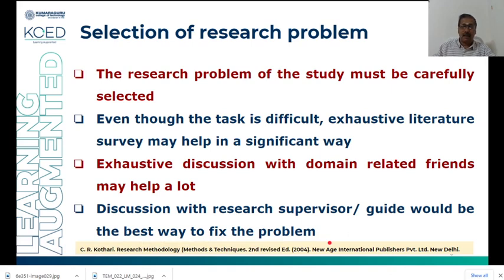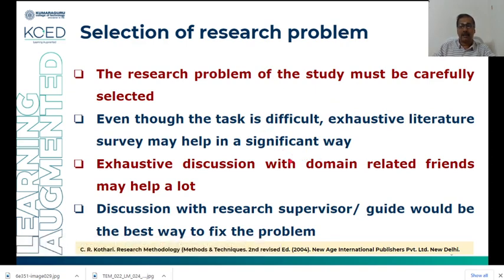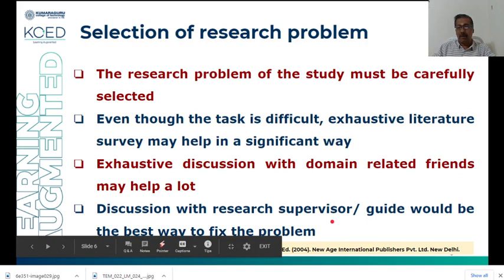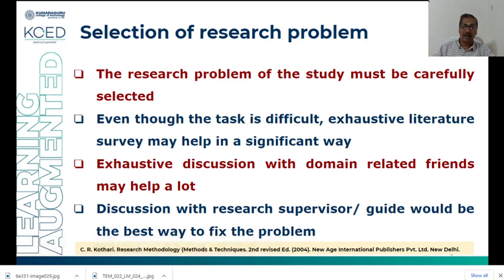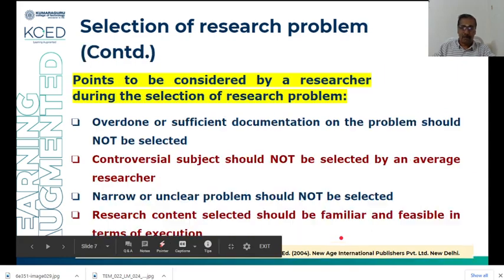You should not go to your research supervisor in a very crude manner. You have to do some pre-work. You have to do this literature survey. You have to discuss with your friends, and sort out a few ideas, and then discuss with the research supervisor the ideas you have already framed. Now finally, the research supervisor or guide will give you valuable ideas, or he will reframe all the ideas you have put forth in front of your guide. So this could be the best way to finalize a problem.